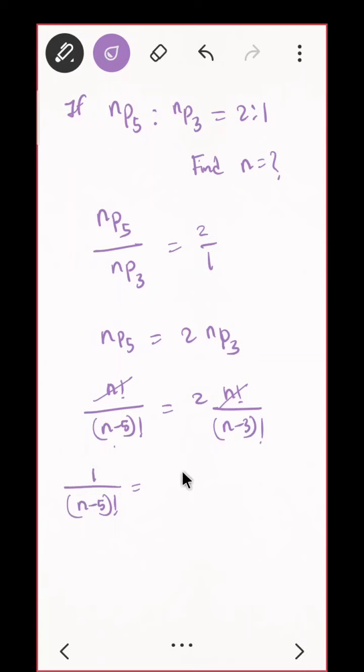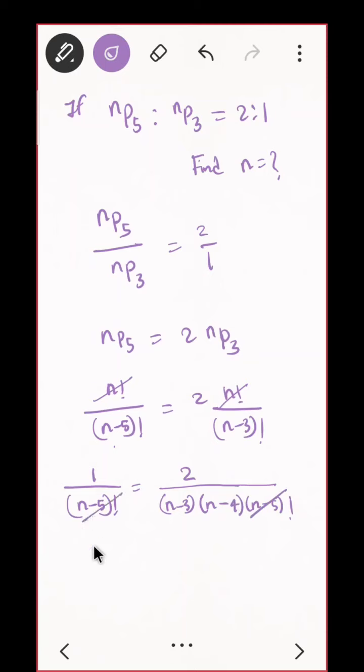See, observe this very carefully. So this will be n minus 3 multiplied by n minus 3 minus 1, that is n minus 4, multiplied by n minus 5 factorial. Can I do it? Look once again, you have n minus 3 factorial. What will be the previous term of this? That will be n minus 3 minus 1, that is n minus 4. And what will be the previous term of this? n minus 4 minus 1, that is n minus 5 factorial. Correct? Okay, can I cancel it?